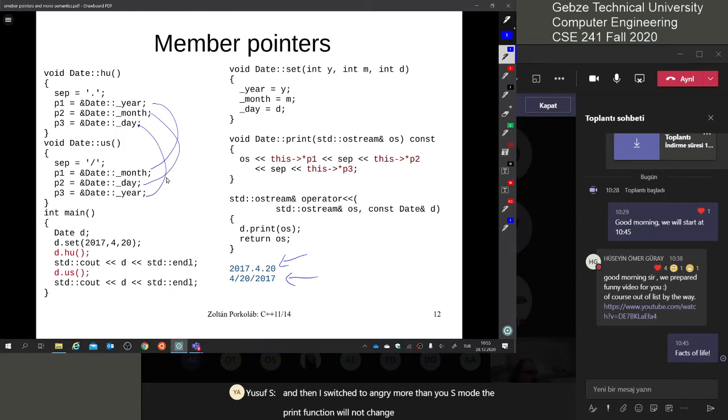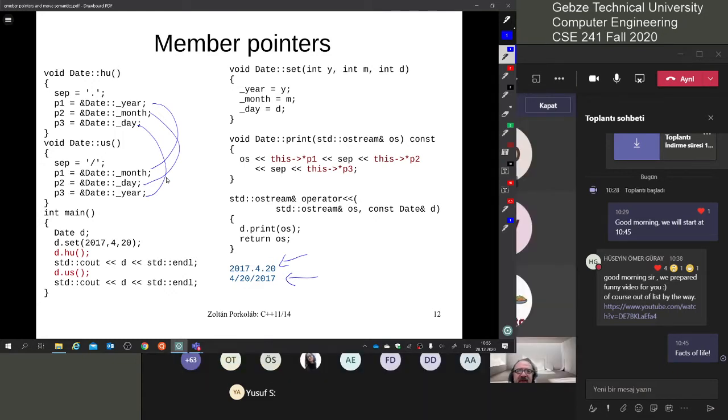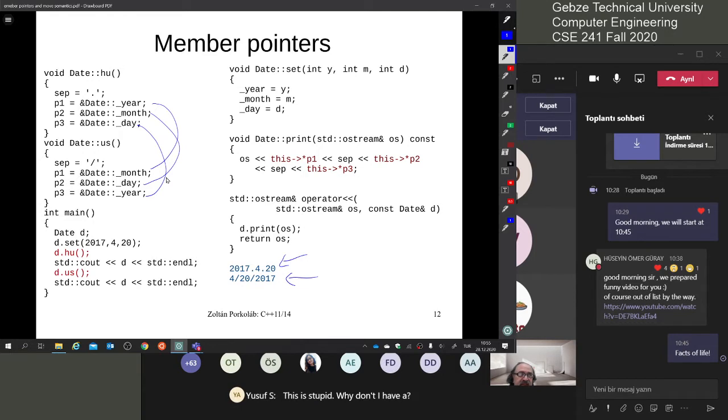You might say this is stupid. Why don't I have a boolean that says European or